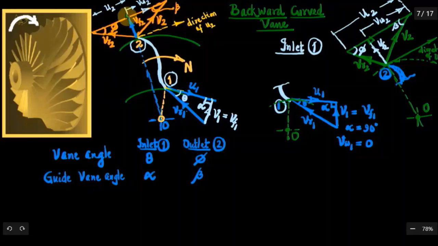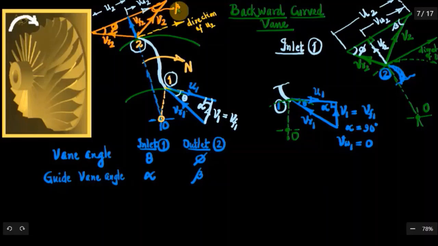And then U2 is obviously more than U1. How do you know that? Because the diameter at outlet is more, and N is 1440. The value we found out, U2 is twice U1 in this case. The diameter at outlet is twice the diameter at the inlet in our case. So obviously U2 has to be more, because D2 is more than D1. For the impeller speed N of 1440, U2 we found out is 21.112 something meter per second.